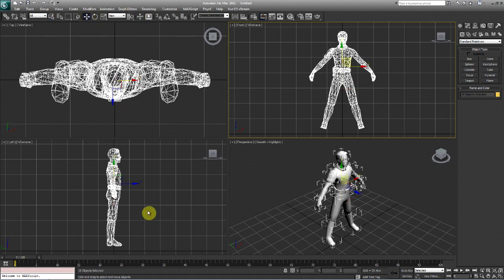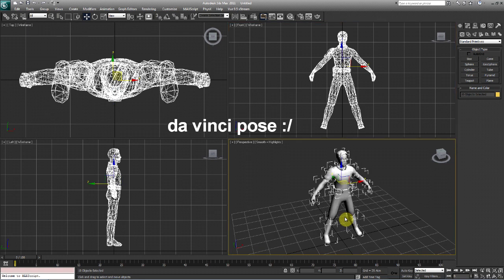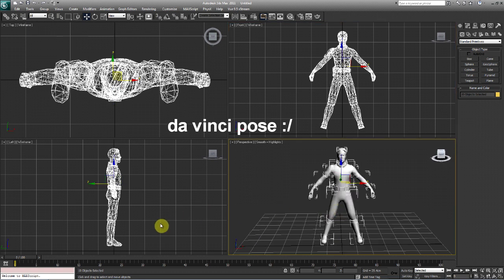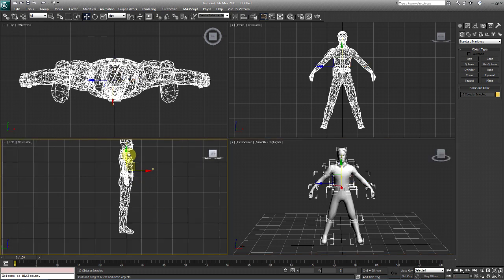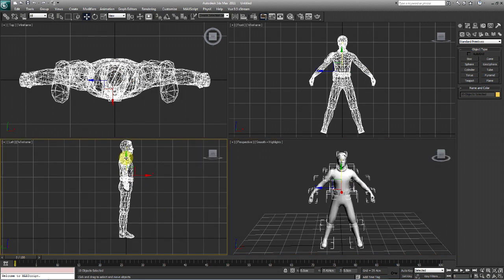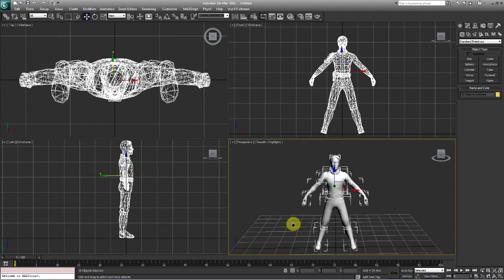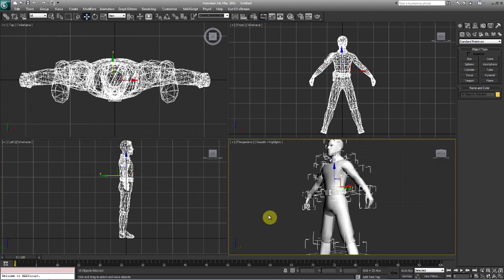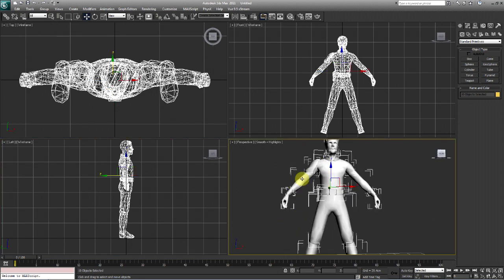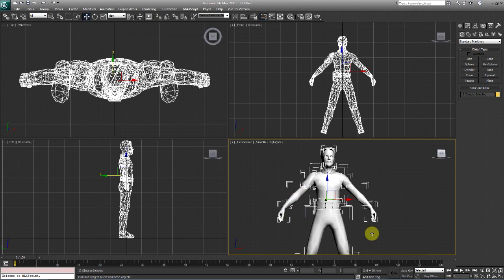The reason why we see most models like this is because it is called a Da Vinci pose. You'll see most models that way because it is for rigging. Basically, we're going to be making this mesh move. We're going to apply bones and give this life. We're creating something. Pretend you are God.